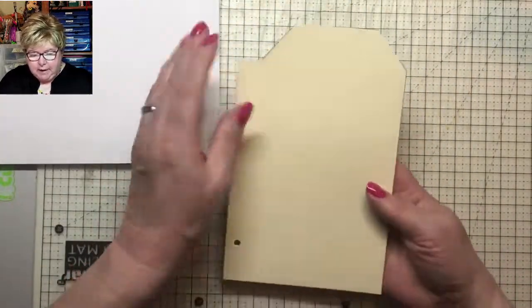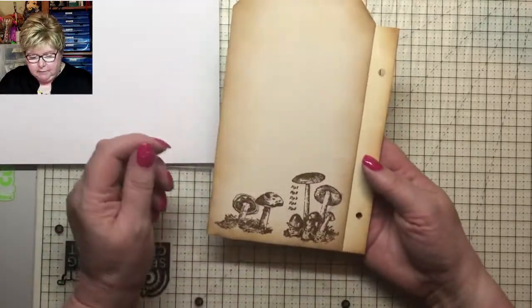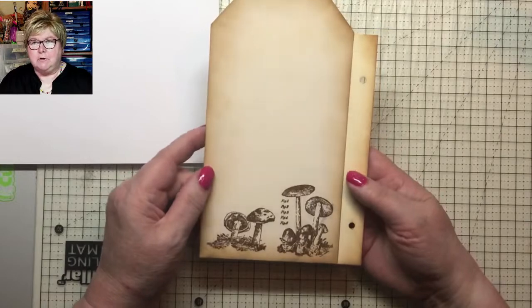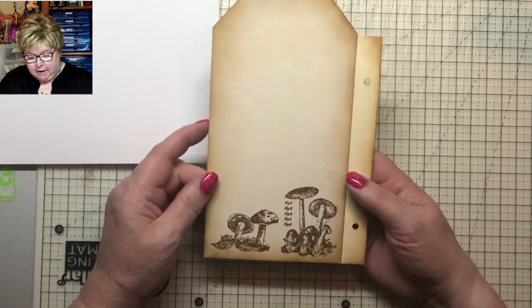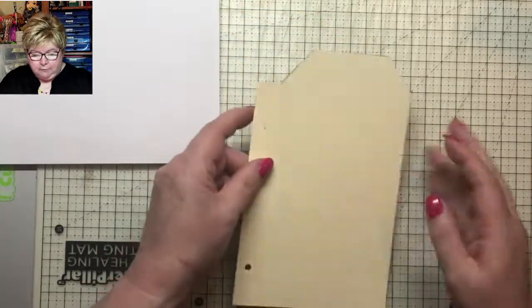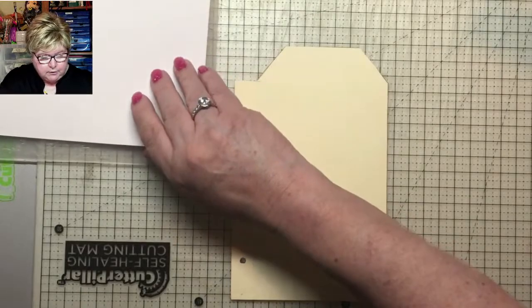Right, this is my tag, and I've already backed it. I don't know why. I just came across the mushroom stamps. I thought they looked cute. So I put them on there. Yeah, I quite like them. So that's the back, obviously. And the front, we are going to do with...